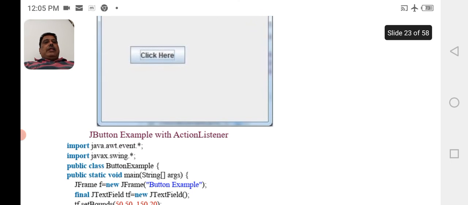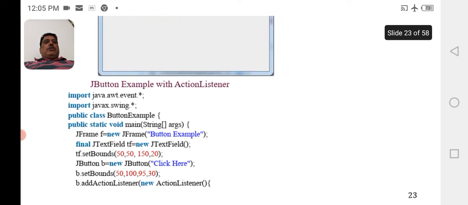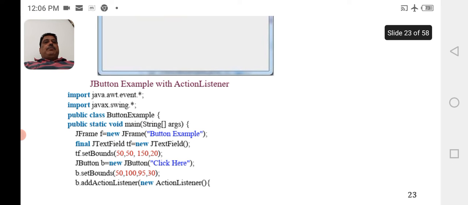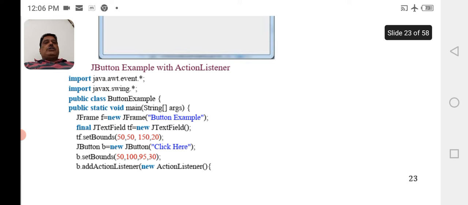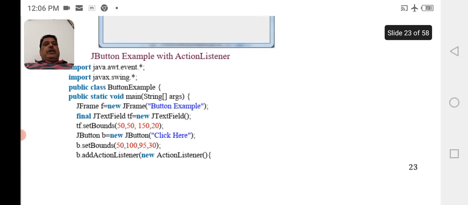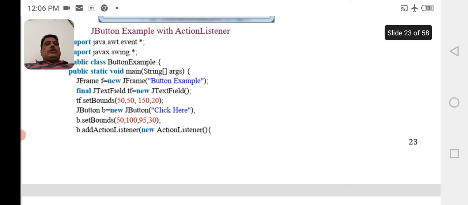Now, JButton example with action listener. Import java.awt.event.*; import javax.swing.*; public class ButtonExample { public static void main(String[] args) { JFrame f = new JFrame("Button Example"); final JTextField tf = new JTextField(); tf.setBounds(...); JButton b = new JButton("Click Here"); b.setBounds(...); b.addActionListener(new ActionListener() {